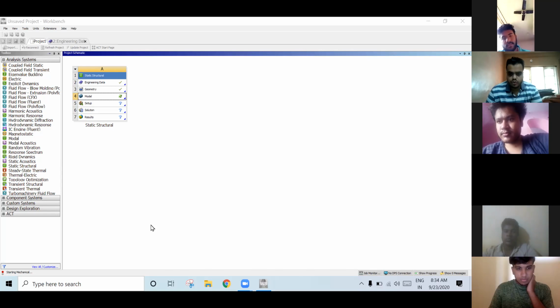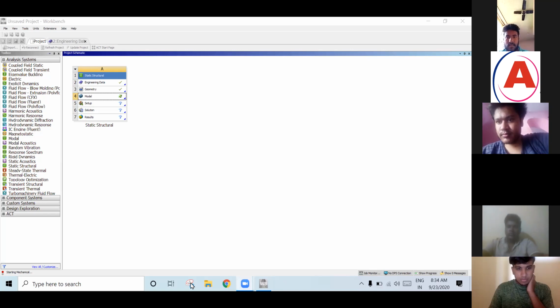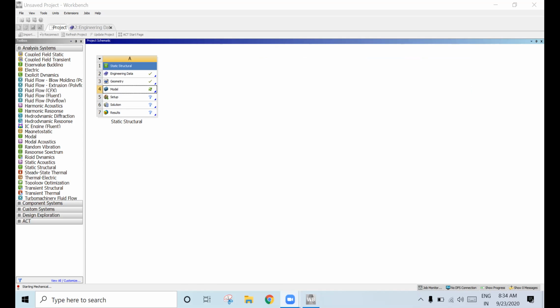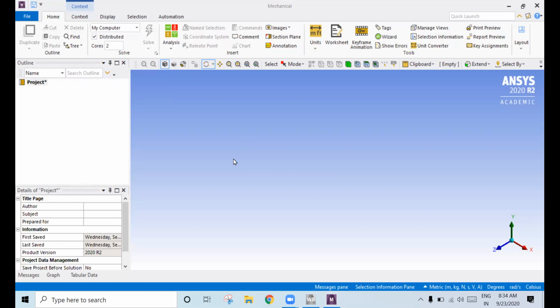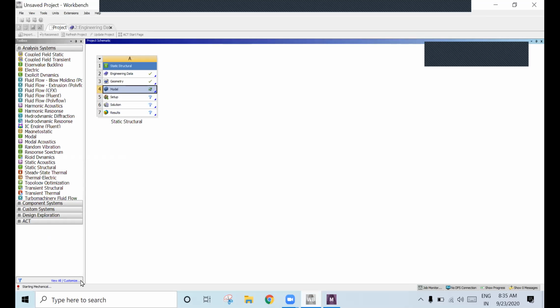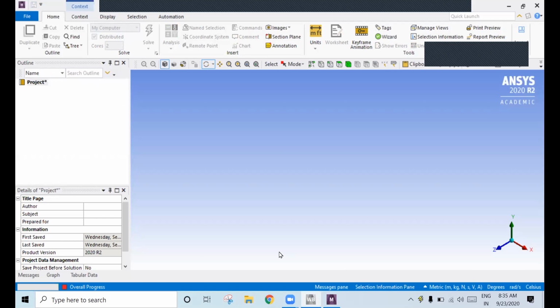See here, it will take time to open. Once you double click on this model, see, now it is opening. You can check here, starting mechanical model.